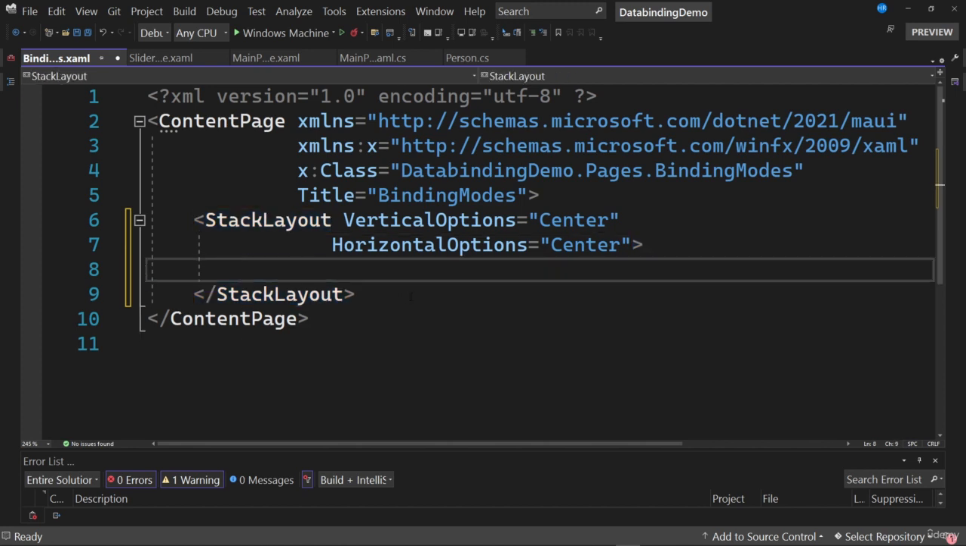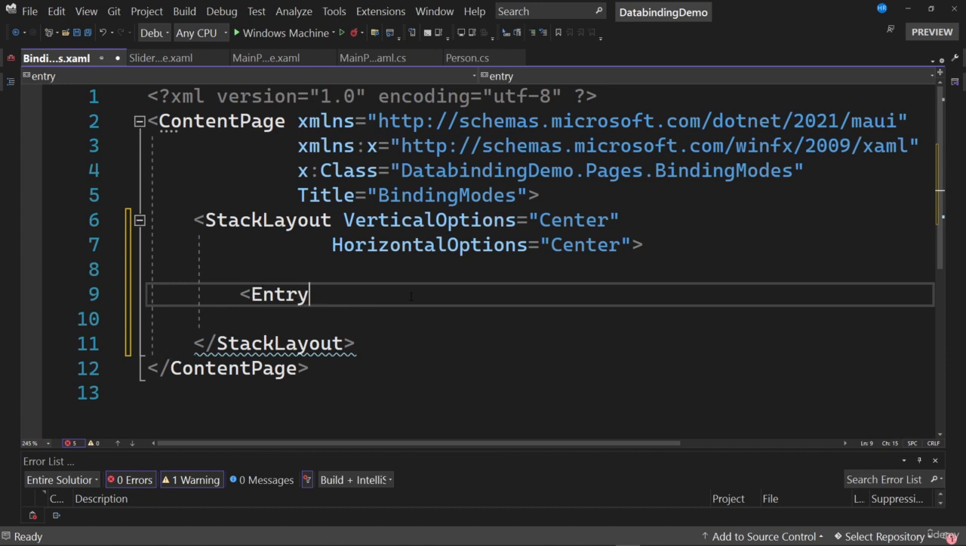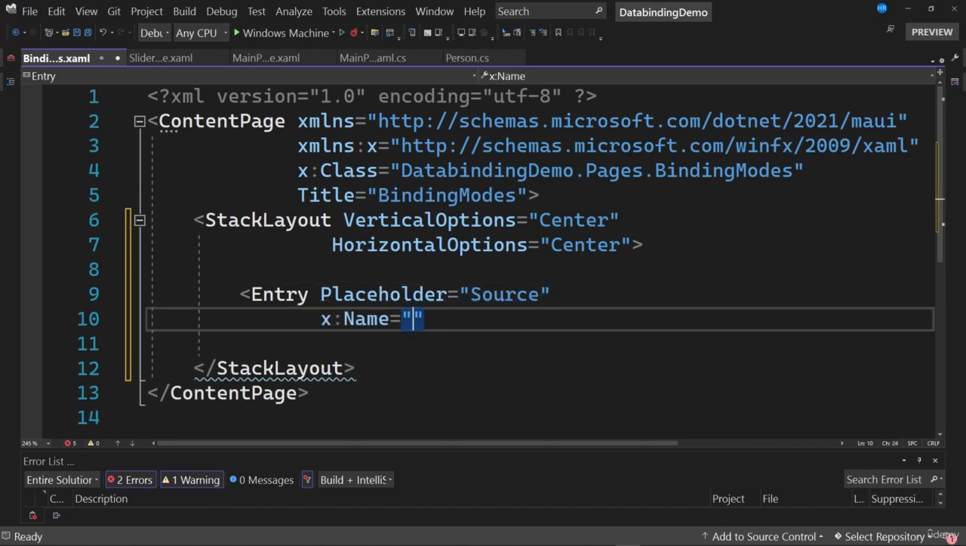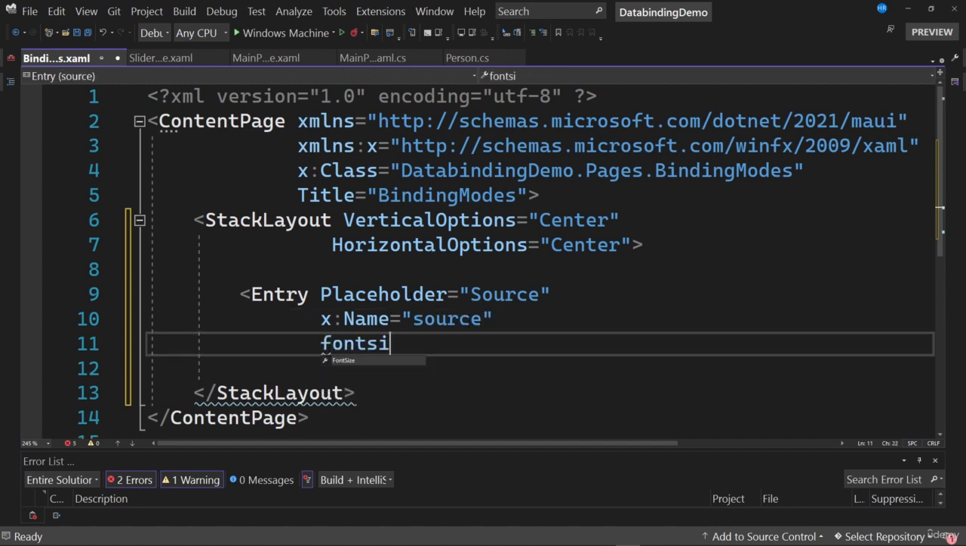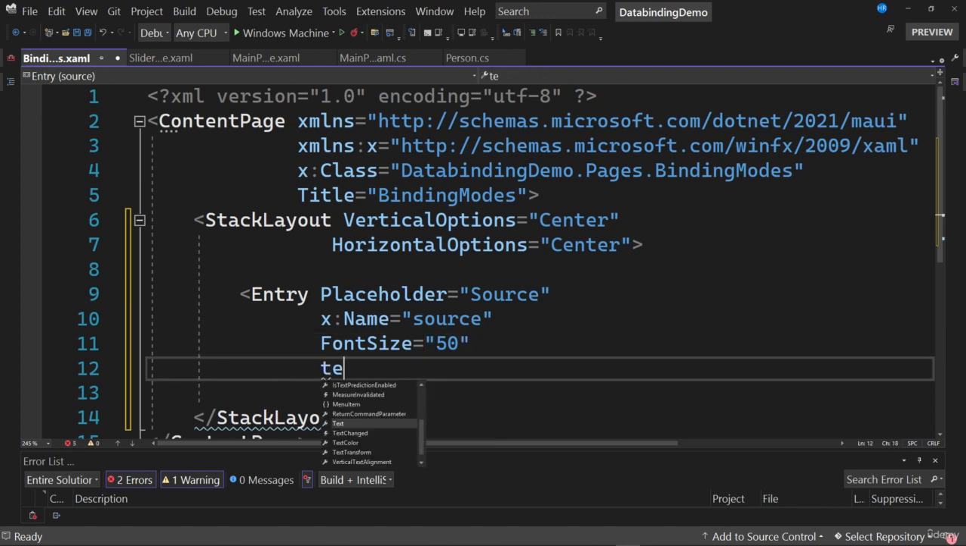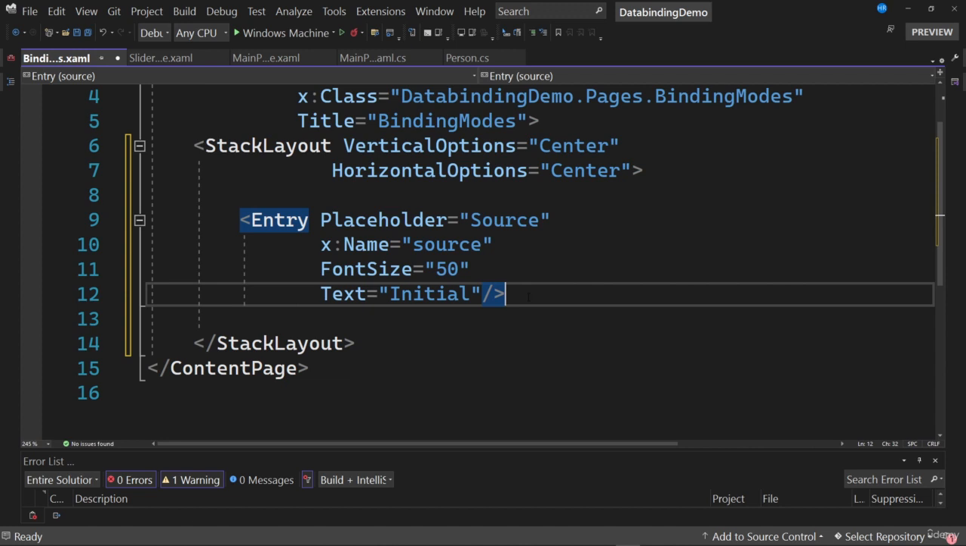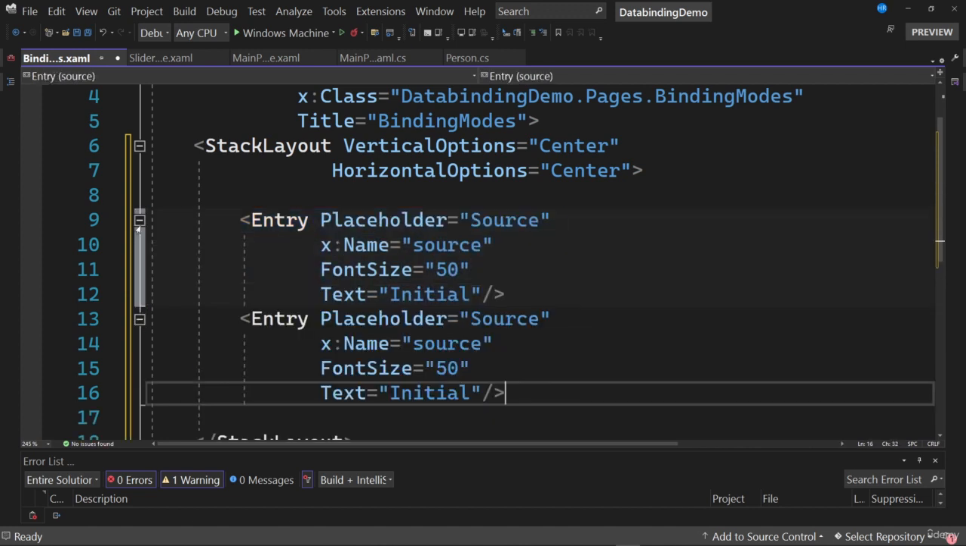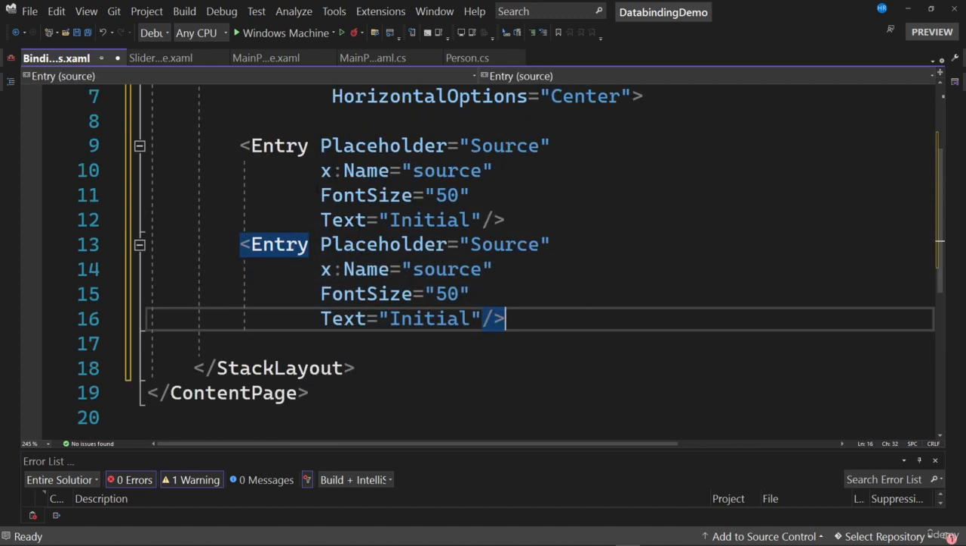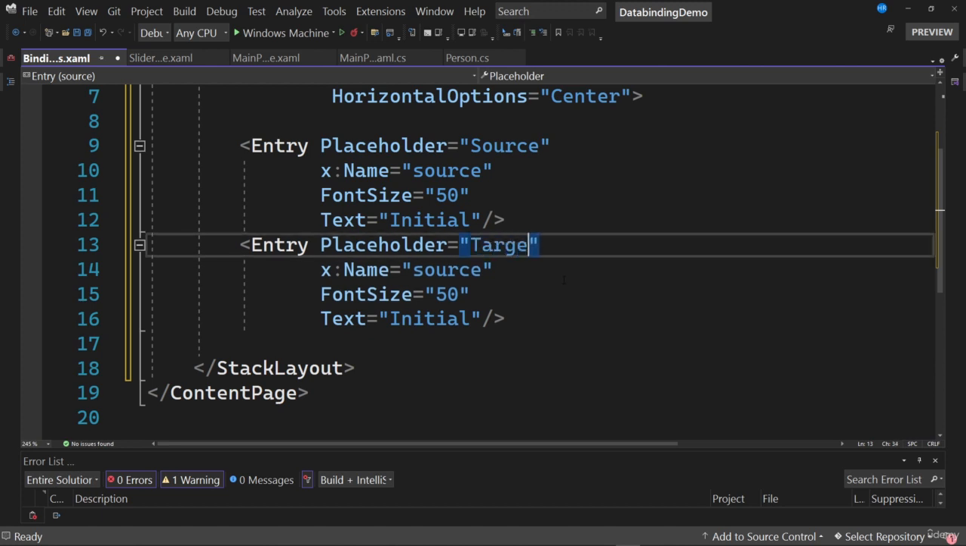Then I'm going to remove the label control and create a couple of entry elements instead. The first entry control has a placeholder equal to source. I will also assign a name equal to source. I specify a font size equal to 50, and as text I set it to be equal to initial. I will proceed to copy and paste this entry control. I'm going to change the placeholder to target, and also indicate that the text of this